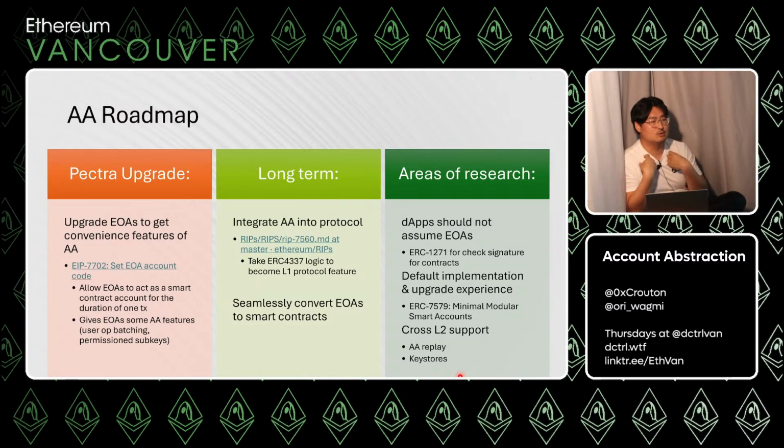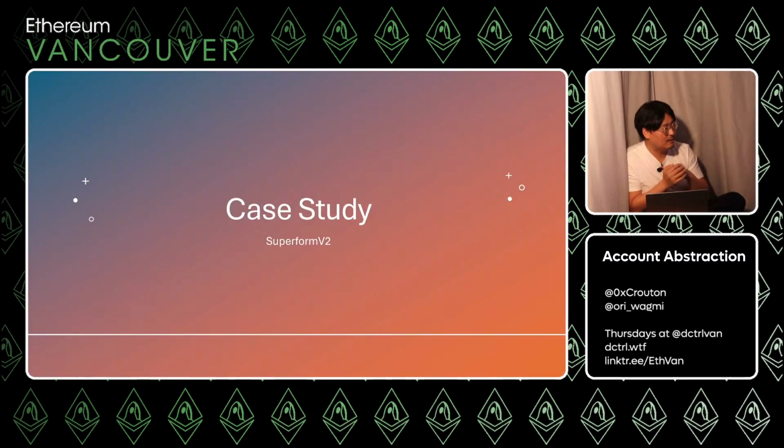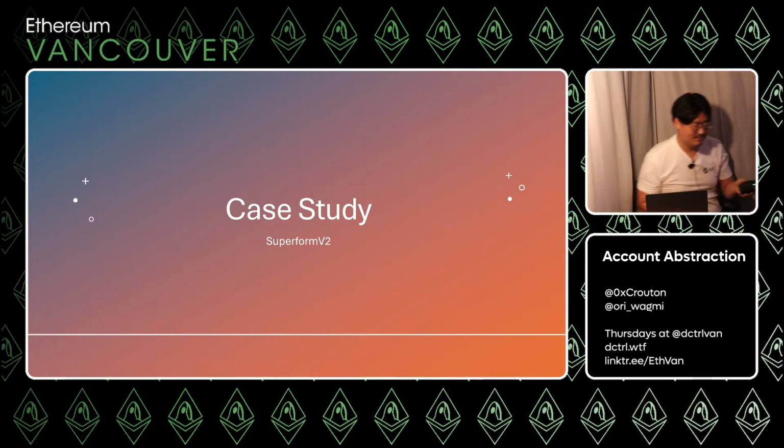But the idea is, as a user, I want to make sure it's easy for me to set up my accounts across different chains without having to sign 20 transactions. And also there's no way for me to get into a weird state where I sent money to an address that hasn't actually been deployed yet. Well, now what? Did something break there? So yeah, that's the future for account abstraction. And with that, I will pass it back to Christian for our last section of the talk, a case study.